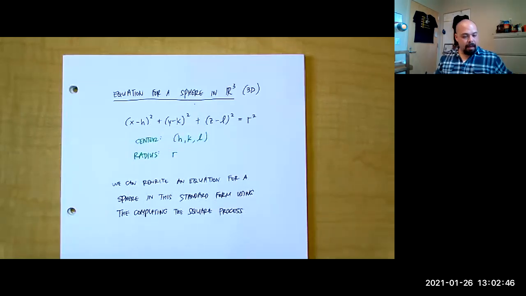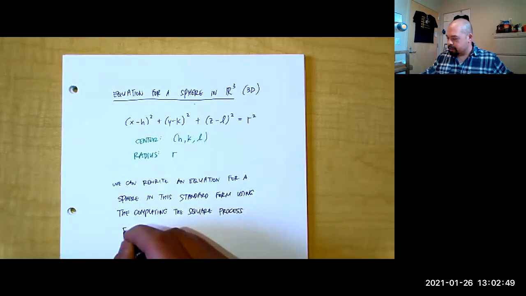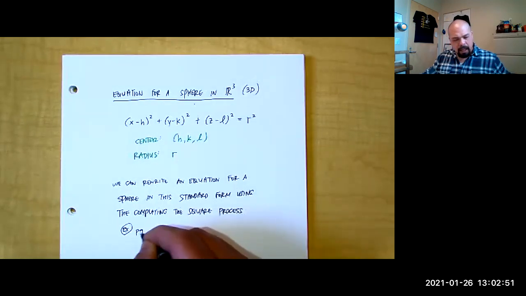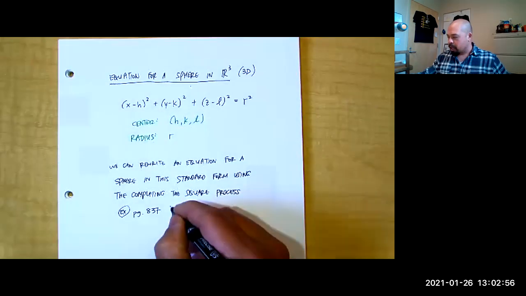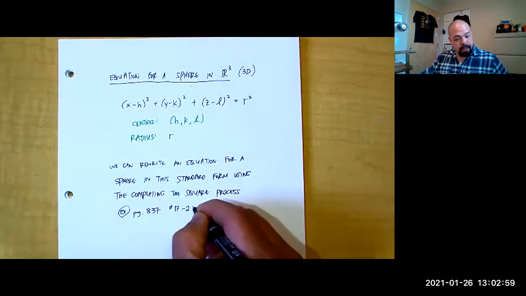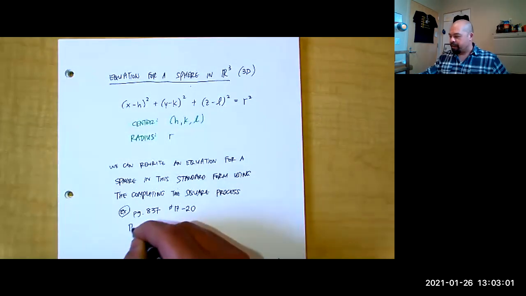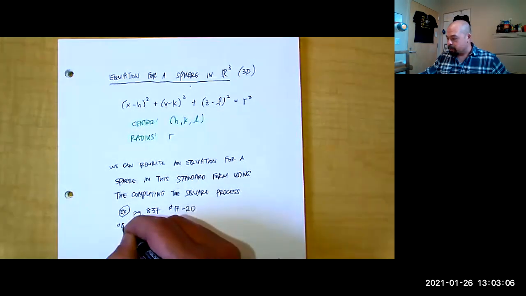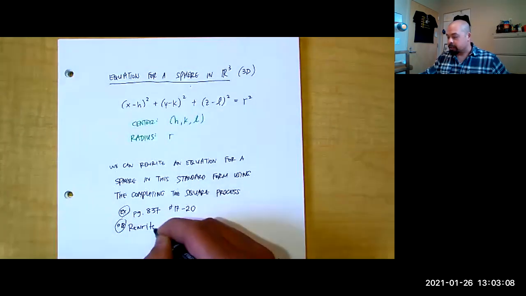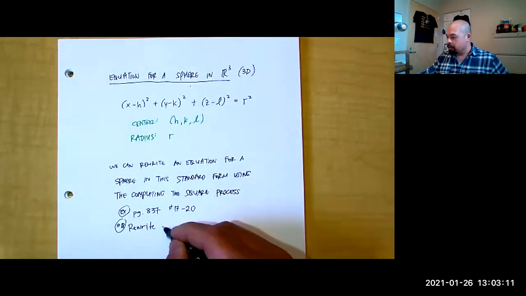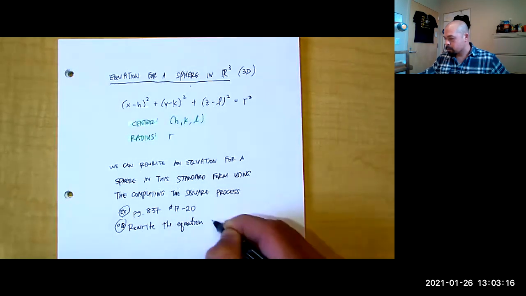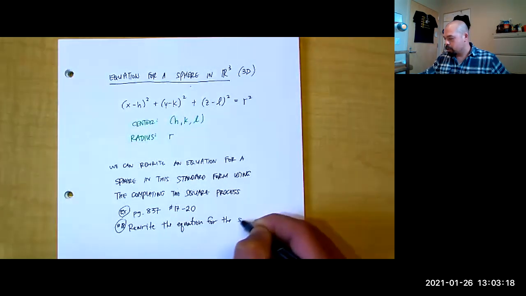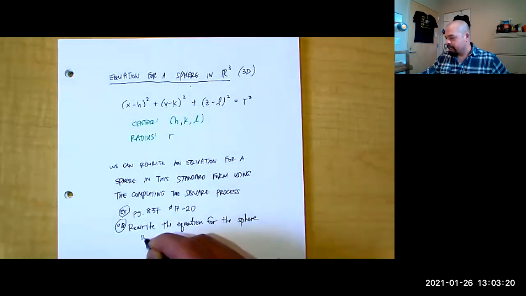Okay. And so for examples of this, looking in the book, on page 837 in my textbook at least, problems number 17 through 20. They do some work in rewriting, for example, in number 18, which maybe in our next discussion we can go through, or maybe I'll do this on the side and submit. Rewrite the equation for the sphere in standard form,